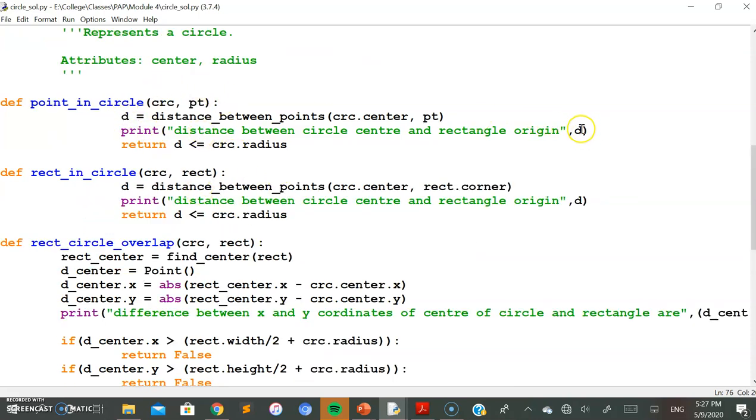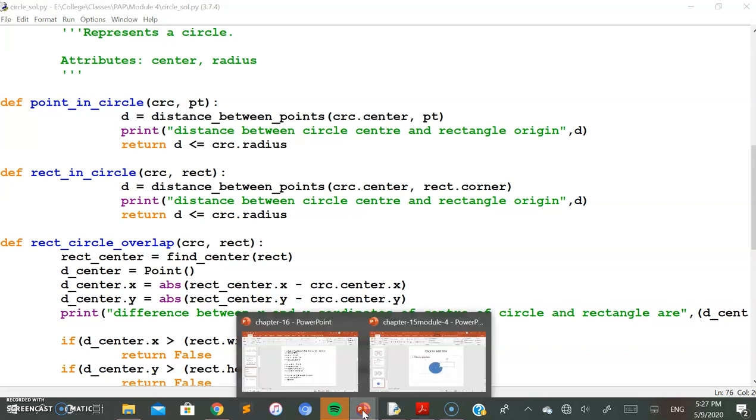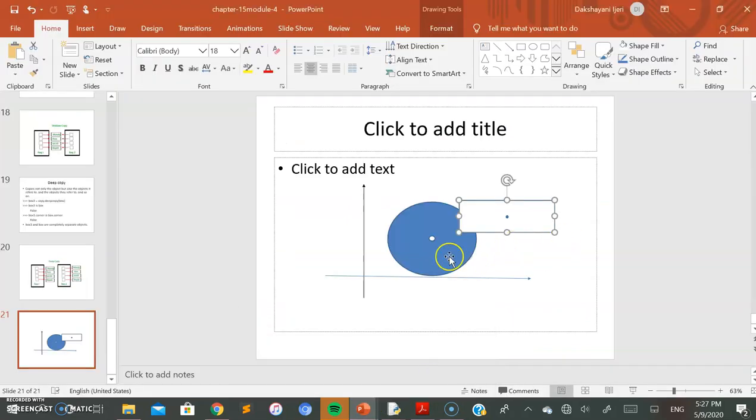Similarly the value has been displayed here. So the conclusion here is that it is going to give you the result as true if this distance is less than or equal to the radius. That is, if the distance between this point and the point we have mentioned here, for example if we consider this point as a value here, is less than the radius, then definitely you can tell that this point lies within the circle or at least on the boundary of the circle.